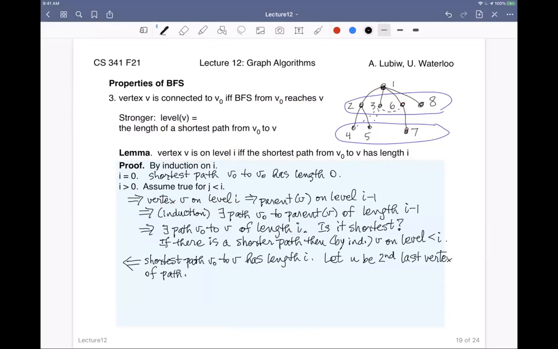Okay, so then we have the shortest path from V0 to U has length I minus 1. Certainly there is a path of that length, and if there were a shorter one, well, then I would get to V in length less than I, so that's not possible. Okay, so the shortest path has this length, and therefore by induction,